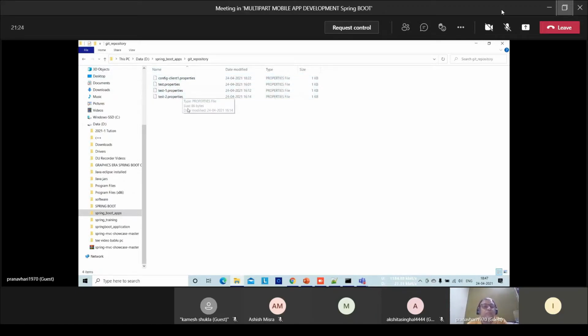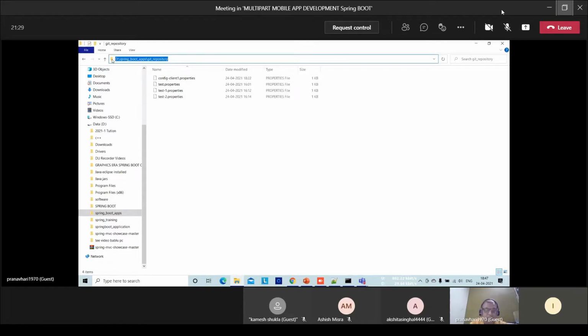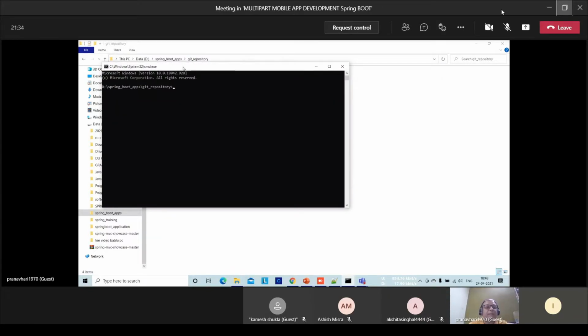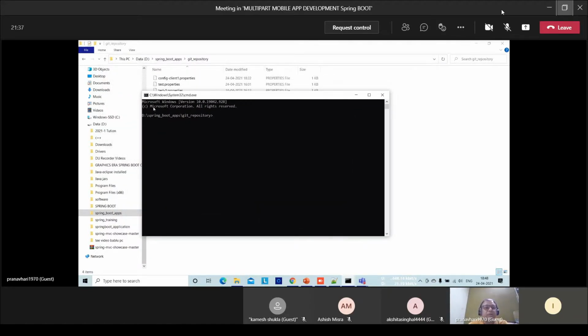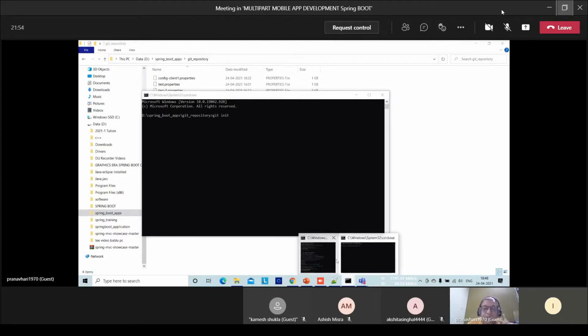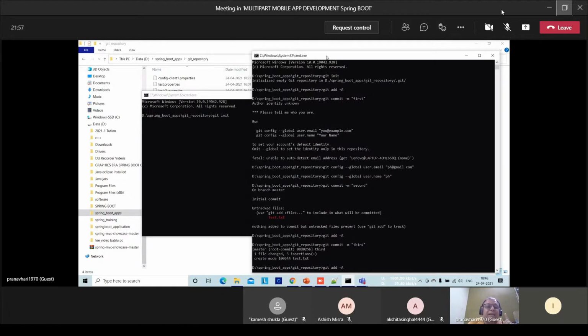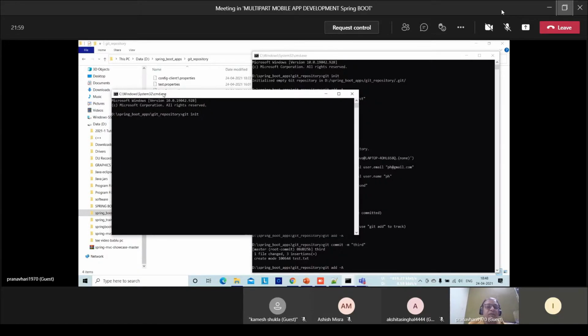And just when you come to this directory, just here, you type cmd and press enter. What happens? This window opens. And now in this window, you have to run git init, like this. The window which I was showing you. Got it? Is it clear? This was the window earlier which I was showing you. It's the same thing which I have done in front of you right now.